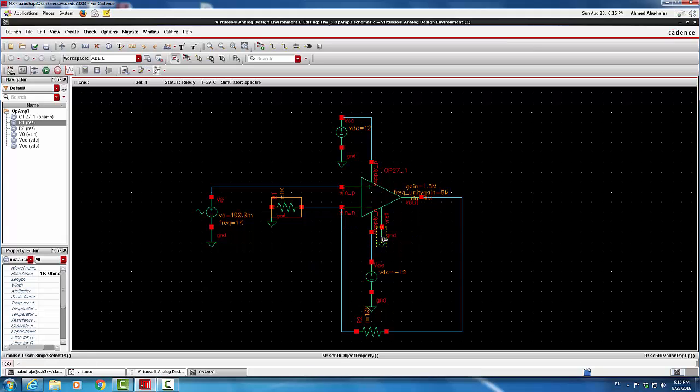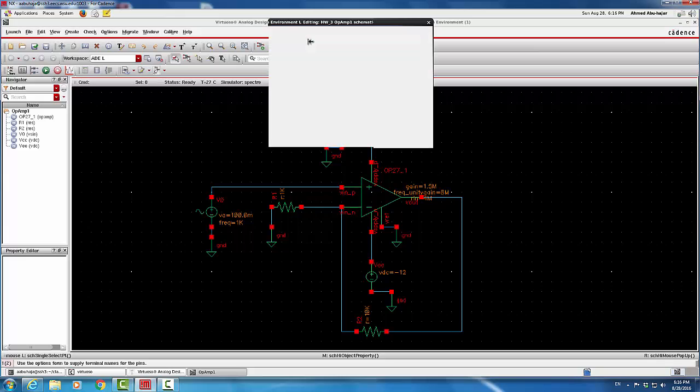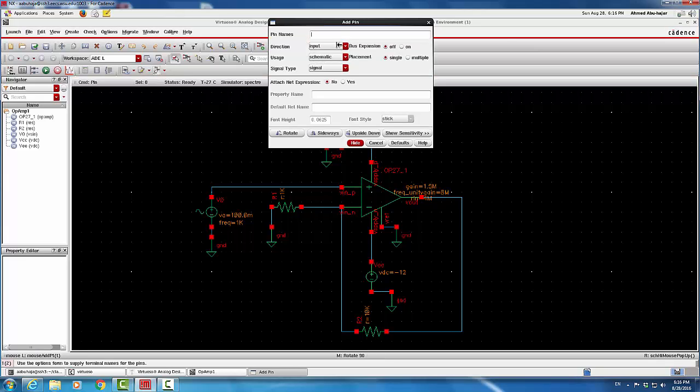So let's move some of the things to make sure they are connected. This ground is connected, this ground is connected, and let's see if that is connected. Yep, everything is connected. Now there is one more thing we need to add, which is the ports. So add pin or port. We're going to add a pin, and in this pin we're going to say it's input output, and the first one